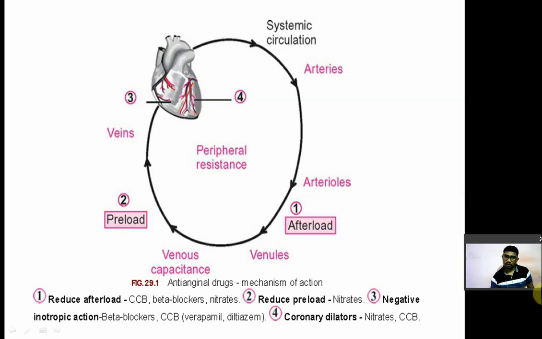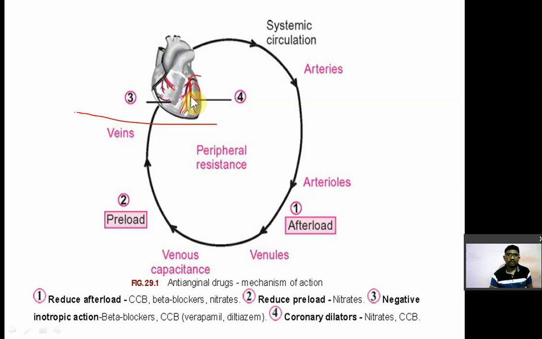Now what are the treatment approaches for this? So what treatments can you give? You know why myocardial ischemia has occurred: because of improper blood supply. Why is the blood supply improper? The most important cause is arteriosclerosis, where the coronary artery has occlusion, so you have to remove that occlusion. You have to dilate that coronary vessel. You have to remove that plaque. You have to remove that thrombus, whatever is deposited in the coronary artery. You have to remove the occlusion.